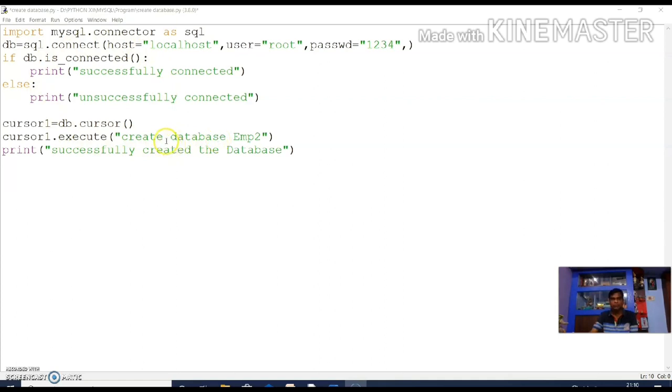Now you run this program and see how the Python front-end application shows in the back-end application. Now you run this.